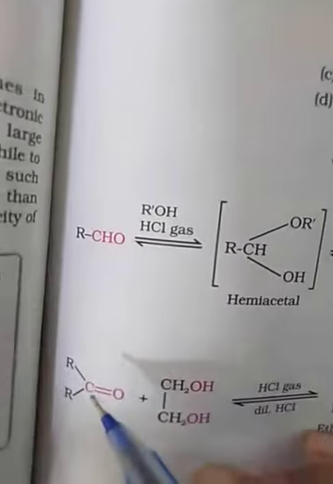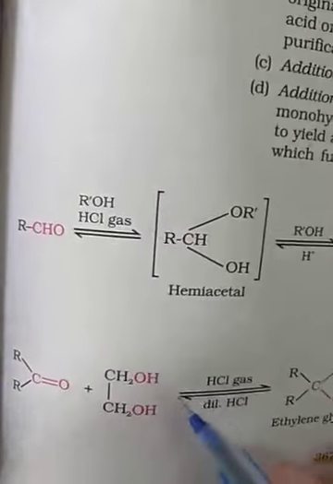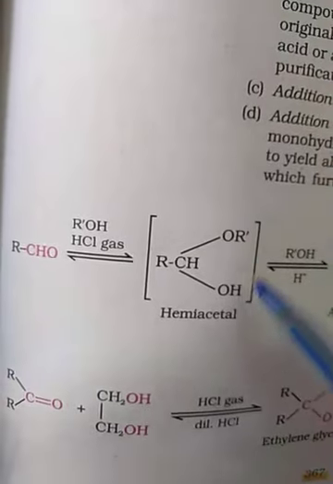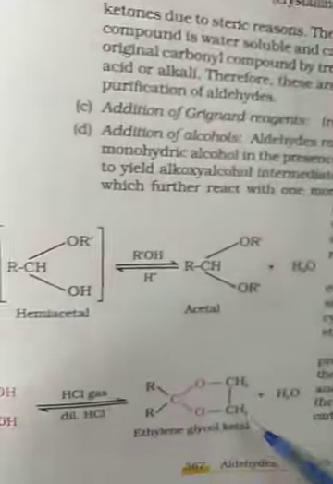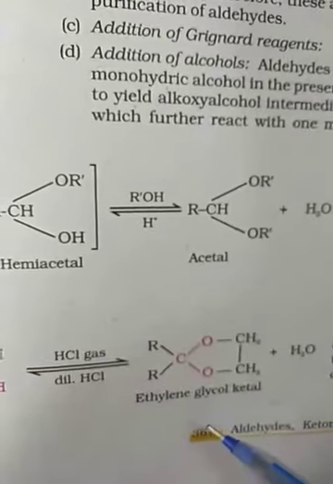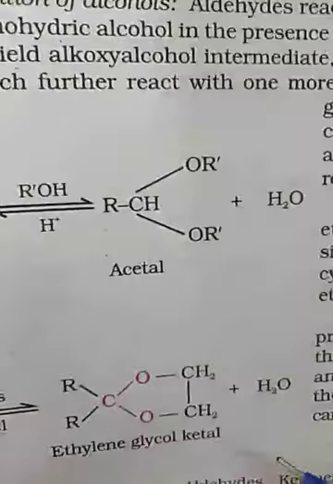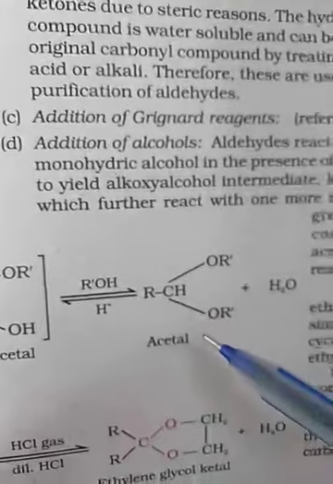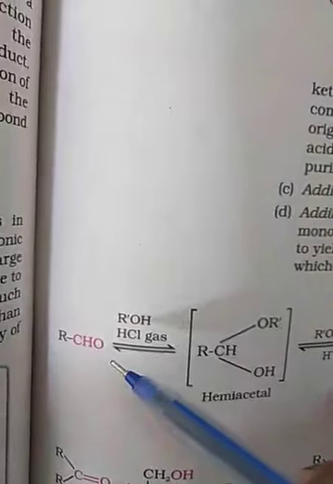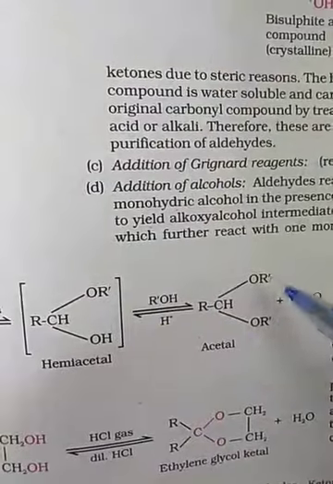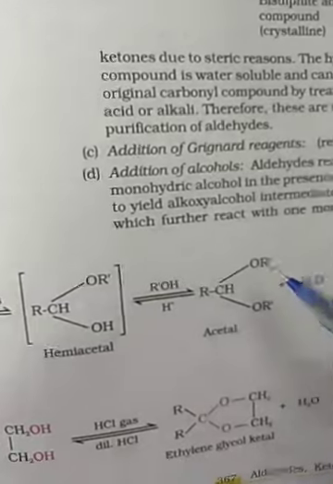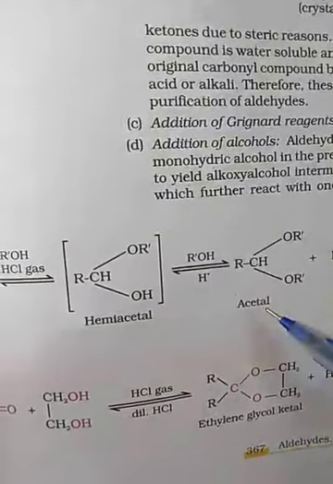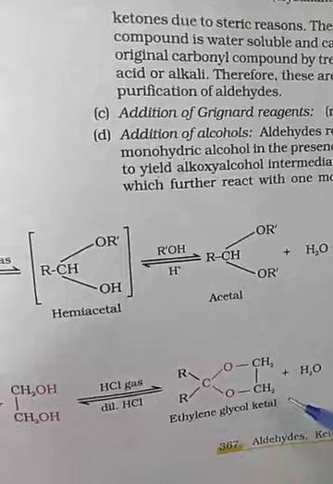In this way, for the ketones you can see C=O, glycol I am adding, see glycol. So OR dash means O, and this group CH2 with the help of O is adding, and this one is called the ethylene glycol ketal. They are called ketals, and they are called acetals. From aldehyde you are getting acetals, and from ketones ketals, by adding these two different groups. See CH(OR dash)(OR dash), they are called acetals, and they are called ketals.